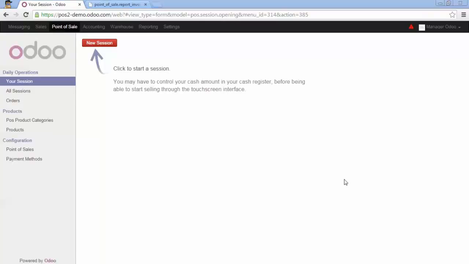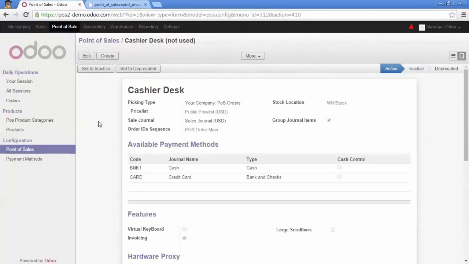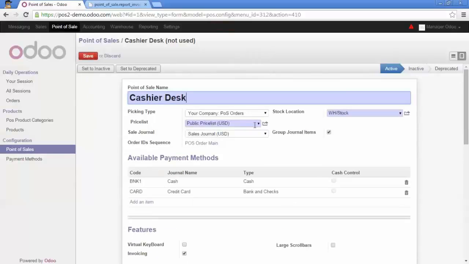The last topic of this video is how to apply a seasonal discount on the products in your shop. To do that, you need to go to the point of sale configuration and you can select a price list. You'll learn all you need to know about the configuration of price lists in the sales module. So here I already created the price list and I can only select the one that I created, which gives 10% discounts on all